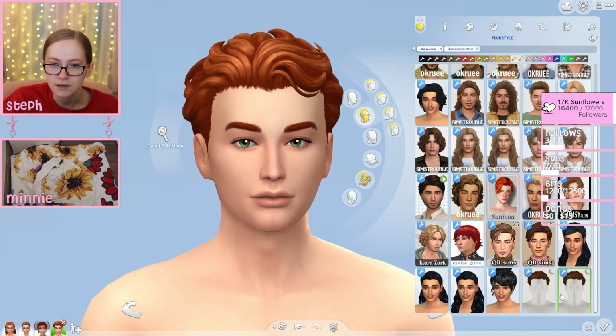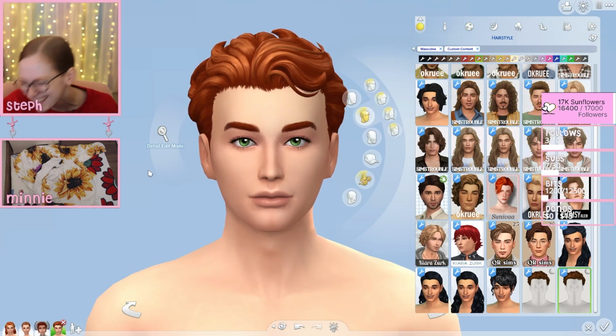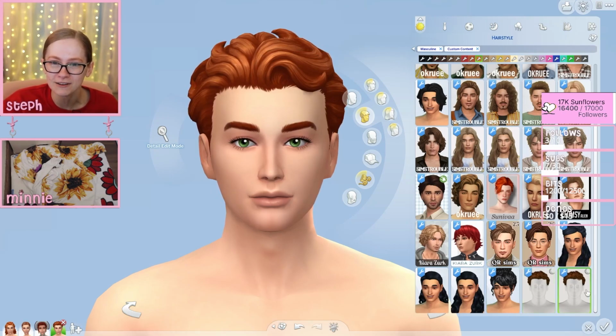I think this one might be my favorite after all. I think that's literally what I put him in. It's giving Edward Cullen. Oh my gosh, that one might win. And the little strand, I mean, we could do it with or without. I like it because it gives dimension, but like...